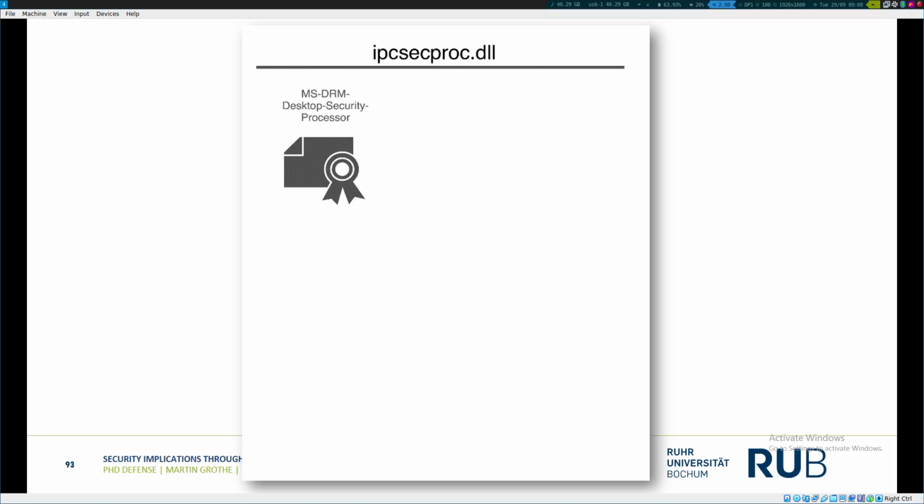But only the last certificate is relevant here. So the MSDRM desktop security processor certificate is relevant. Why is that the case? So